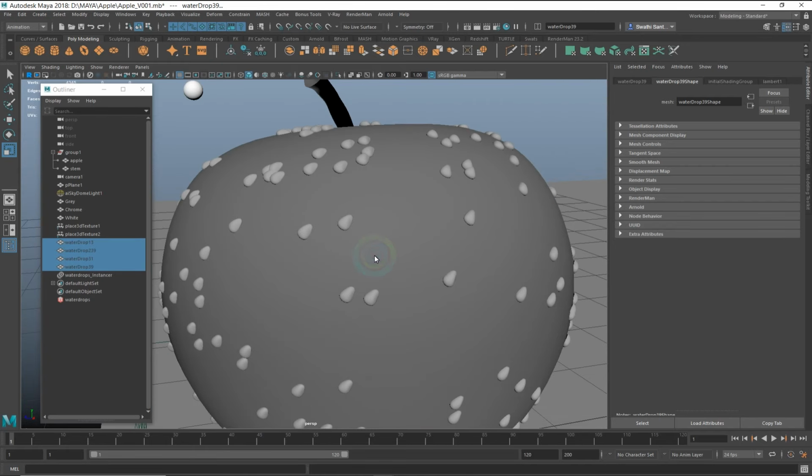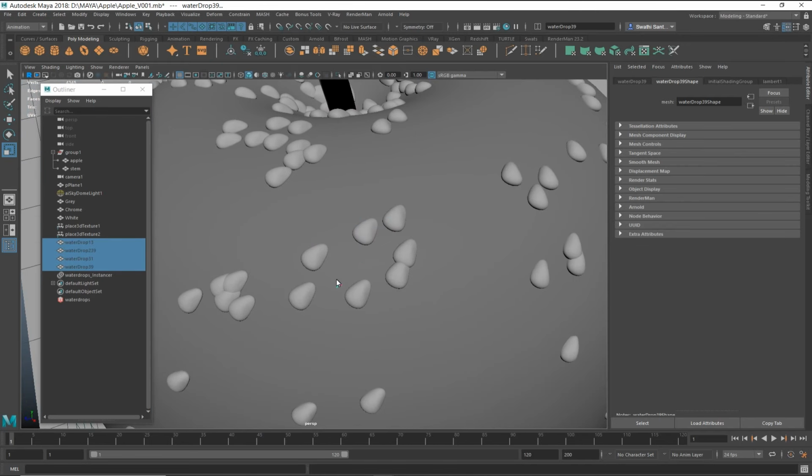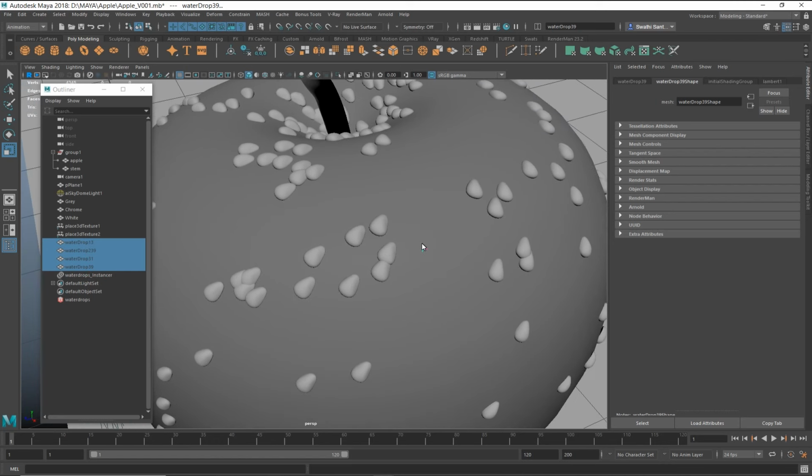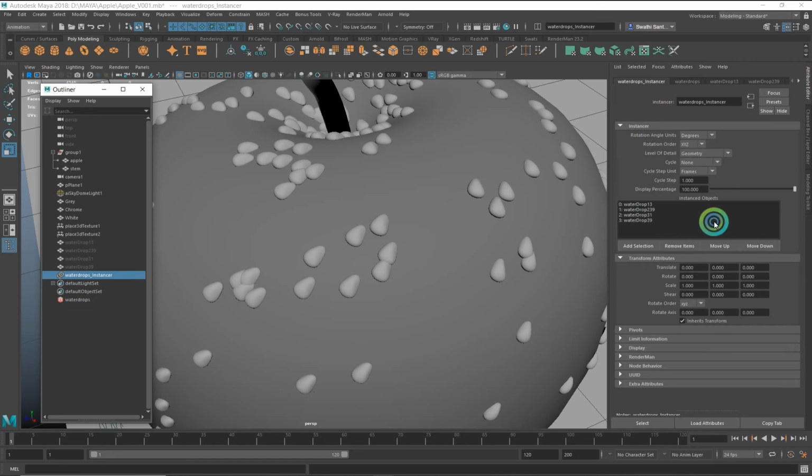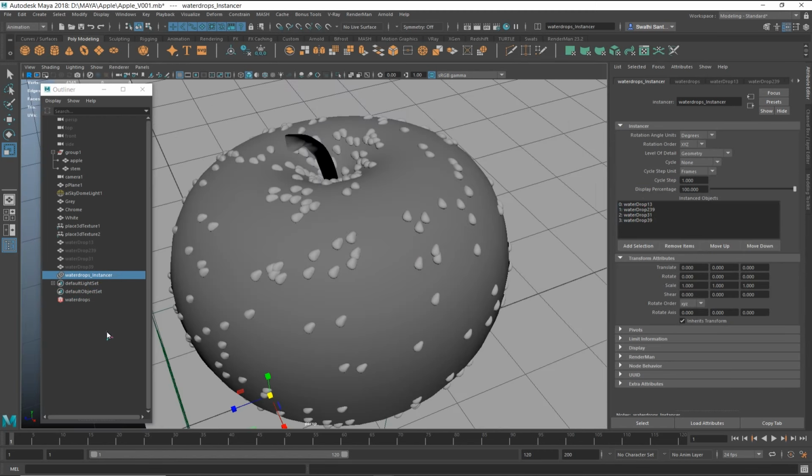Also, if you see, we have selected 4 of the water drop meshes, but only 1 of them is getting instanced here. That's because by default, the mesh is only instancing the first copy from the instancer, that is water drop 13. So in order to read all 4 of them, we have to add